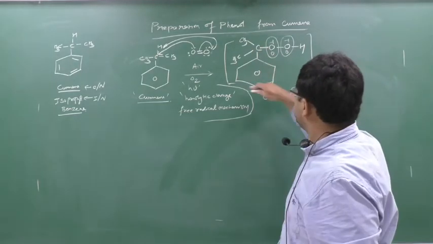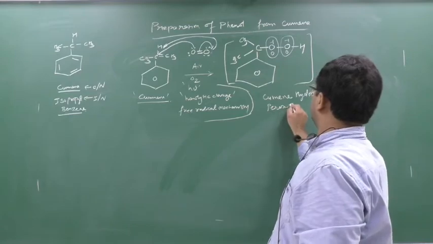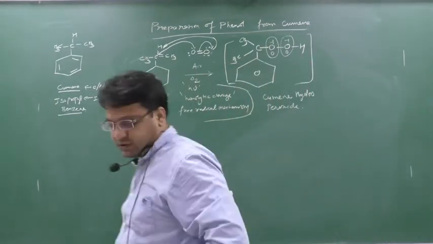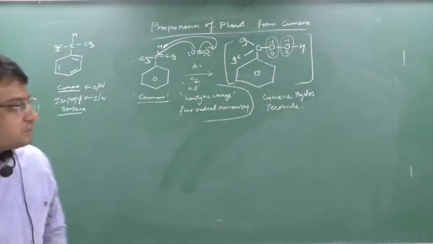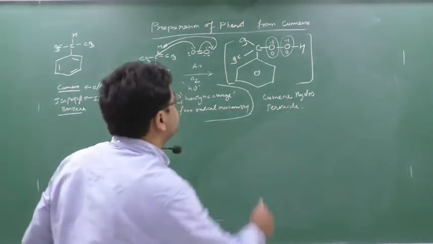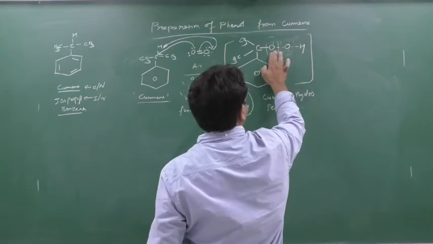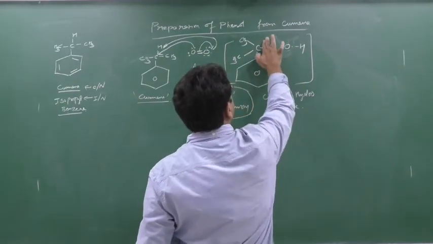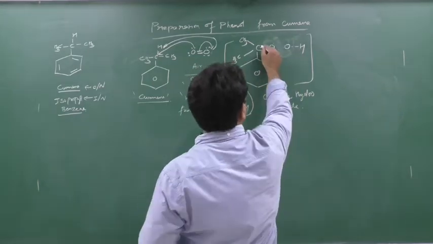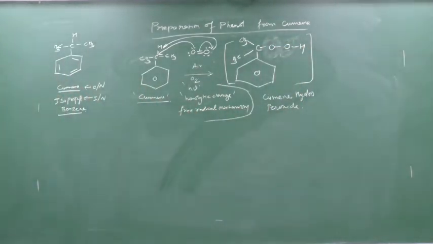So what is this name? Cumene. This portion is cumene. This is hydroperoxide. Cumene hydroperoxide. Clear? Cumene hydroperoxide. Understanding? No, this I am showing only for information. You need not show this in the exams, so that you can get the exact answers and exact solutions. Clear? So this is the first step.